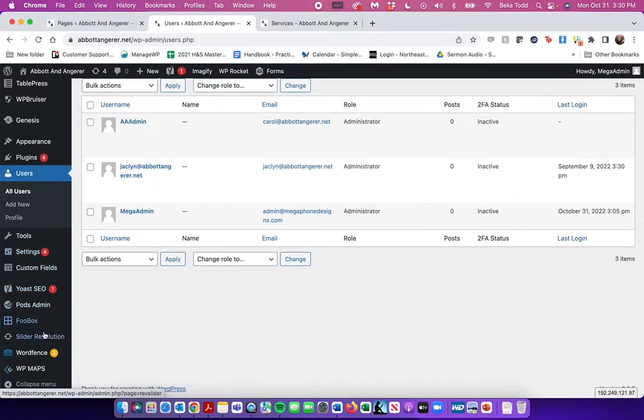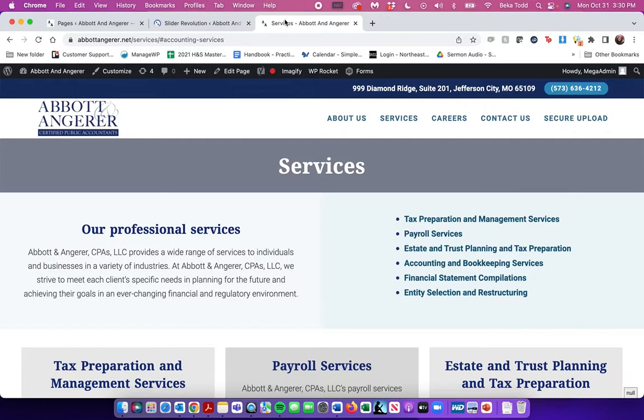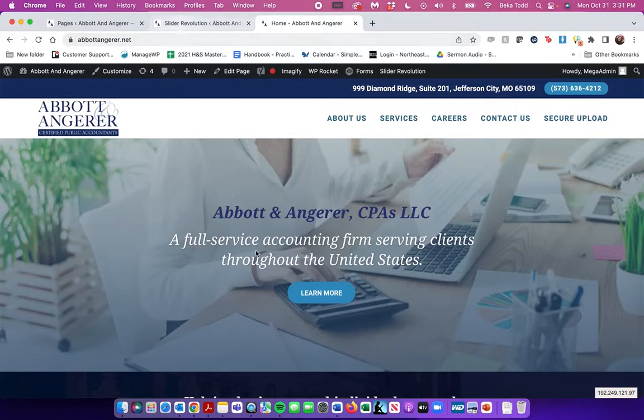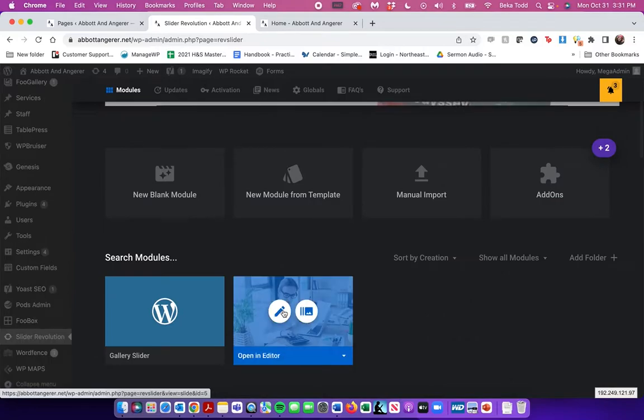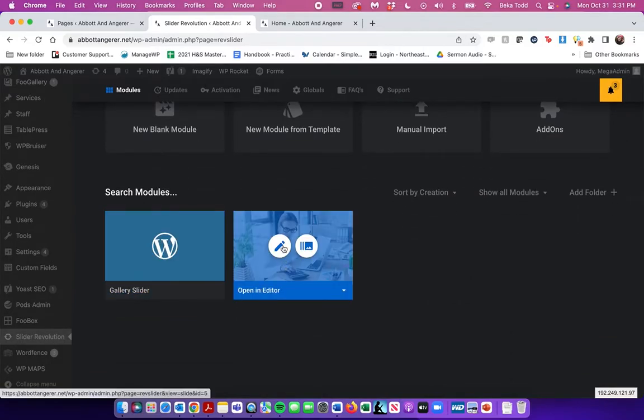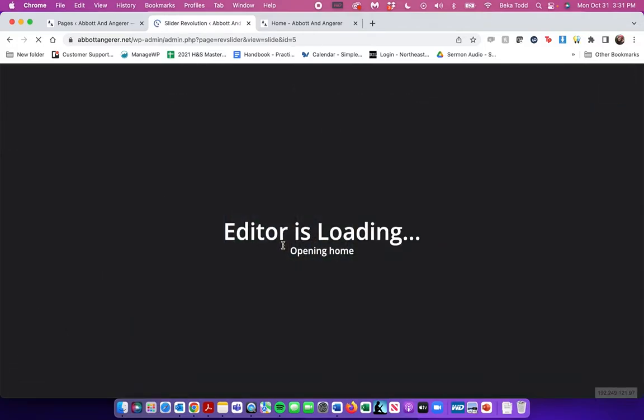The final thing that we want to look at is Slider Revolution, and this is one of the first things you see on the site, and one of the first things that we talked about, which is this slider here on the home page. So we'll show you how to edit this basically, and then that's pretty much it for the site. So you've got two sliders here. This gallery slider is not in use, so you'll just go to this home slider, click the pencil,